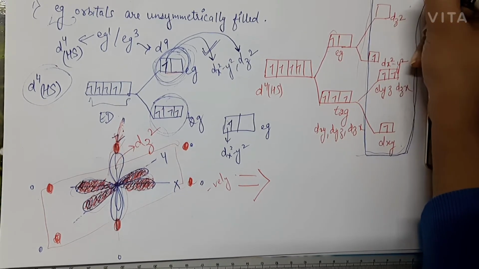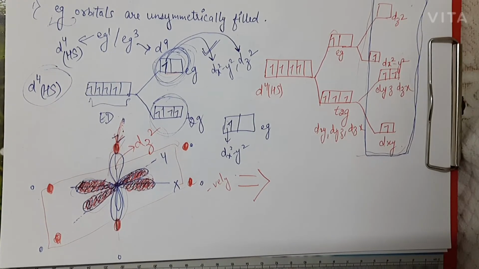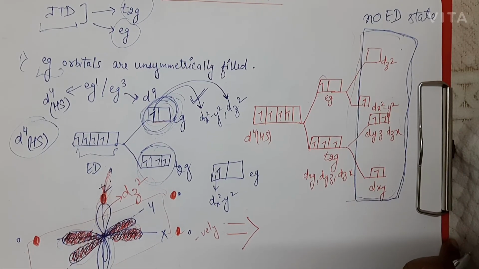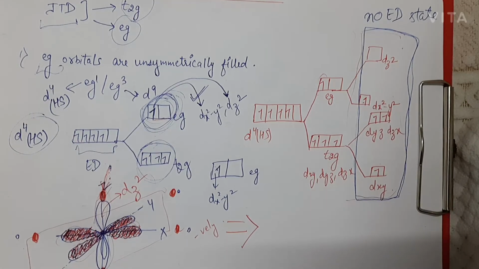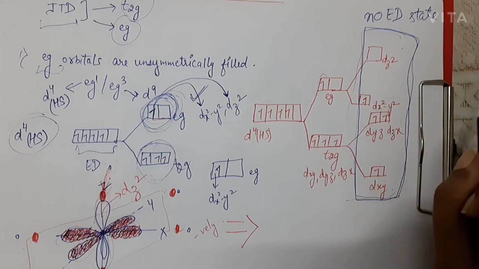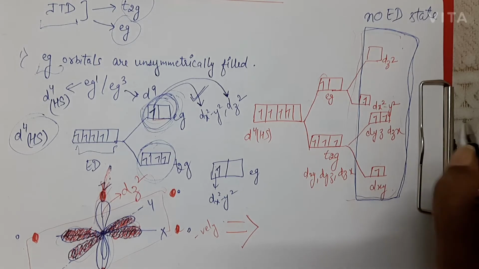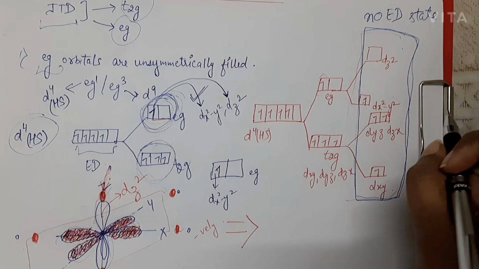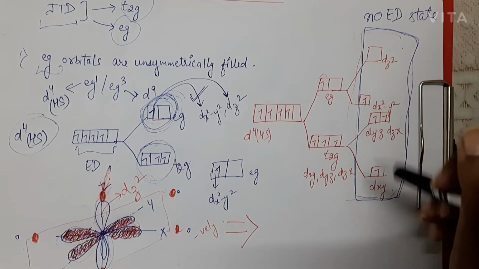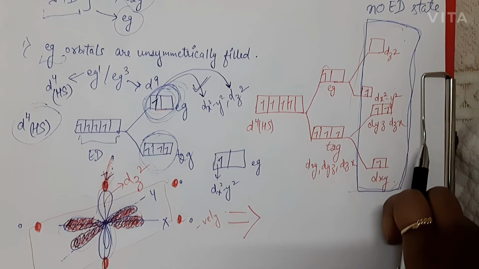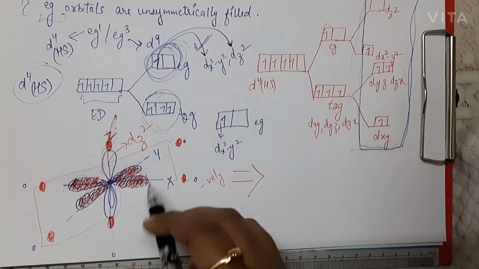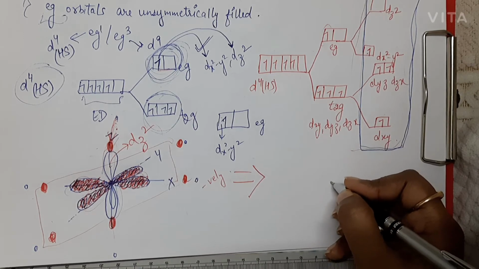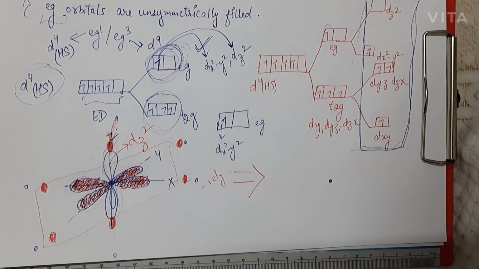Now the molecule will be stabilized after this type of distortion, right? This kind of distortion has happened so that the ED state gets removed. Now the ED state has been removed. So I hope this part is clear, why this distortion happens again and how this distortion affects the splitting. So this way splitting happens, and now after these interactions, if you look at the overall molecule, what will happen with the molecule? Here is the metal.